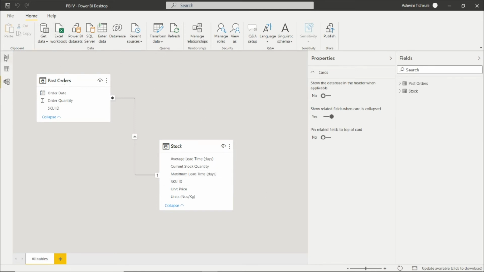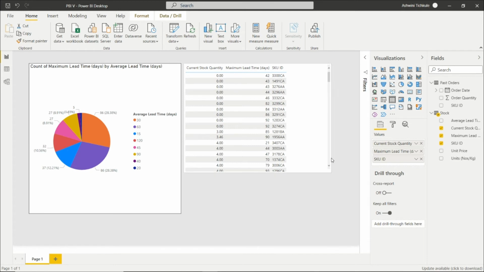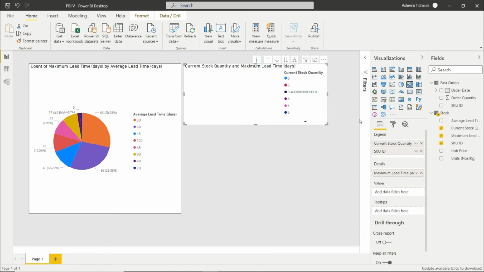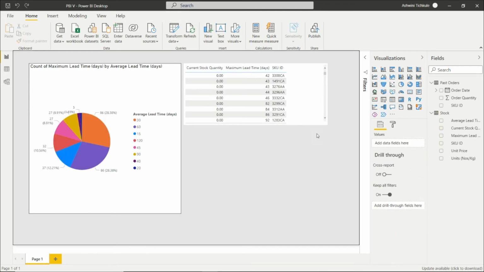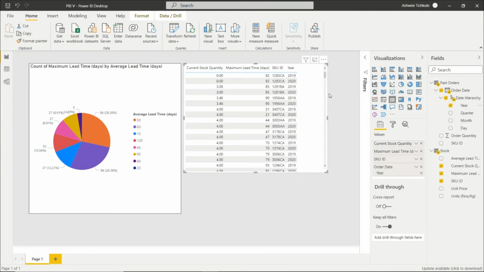I will give you an example. If we want to set a visual like this, we want to check the year wise data from these two tables, like stock quantity, lead time, and SKU ID as per the year.